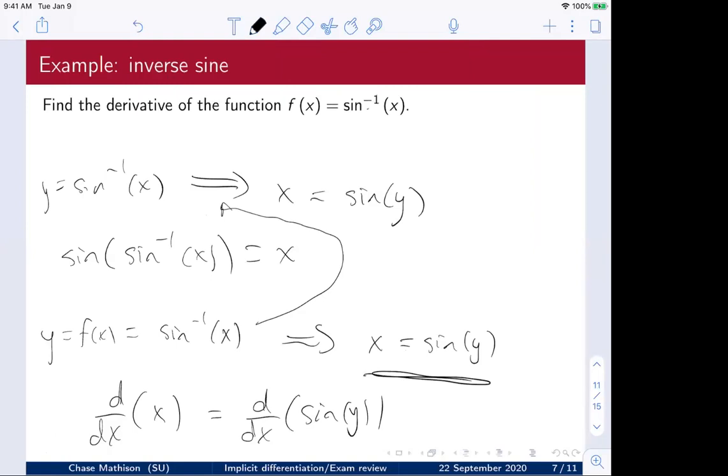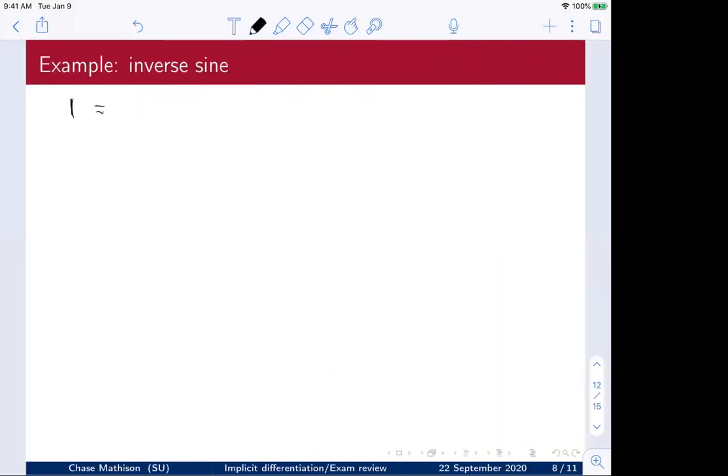The outside function is just sine, so what's the derivative of sine of something? Cosine, and then at the inside. And then what do I need to multiply this by? Dy dx. Yeah, exactly, I need to multiply by the derivative of the inside, dy dx. And so this tells me that the derivative of y with respect to x, which is what we're trying to find, is 1 over